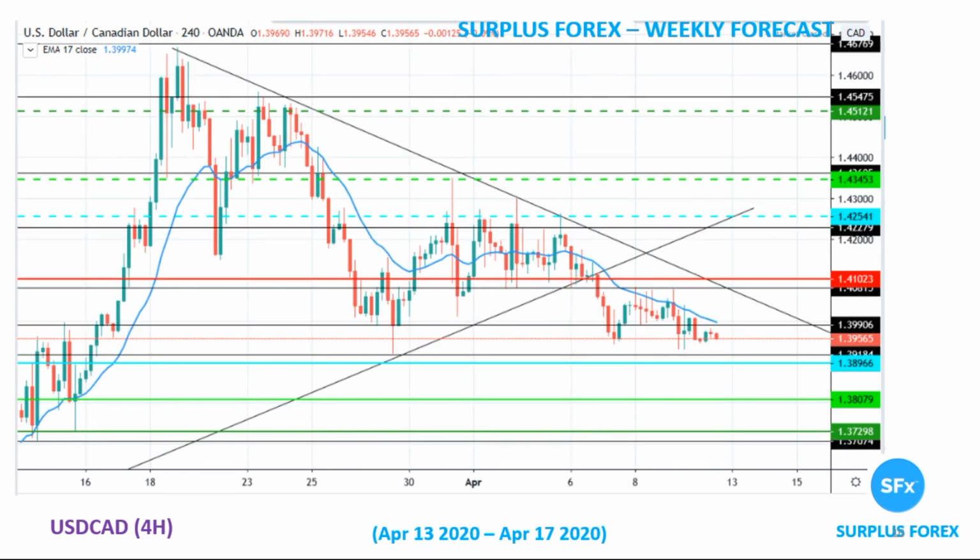On a 4-hour chart, this is how I'm taking my entries. As of now, it's at 139.56, pivot at 139.90. If it falls under 139.00, I'll keep my entry close to 138.96, as this is the good resistance. This is the good support at 139.18. So I'll keep my entry at 138.96, first target at 138.07, and second target at 137.29.